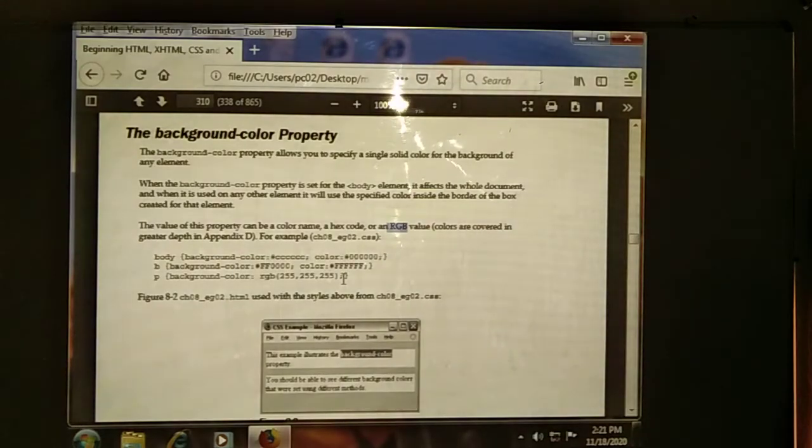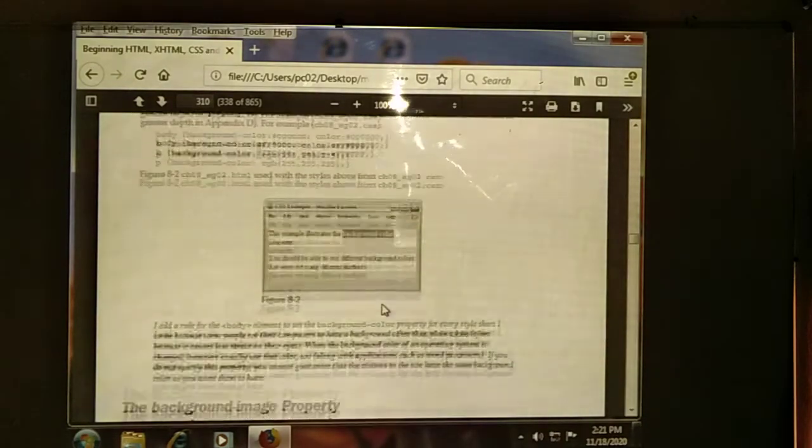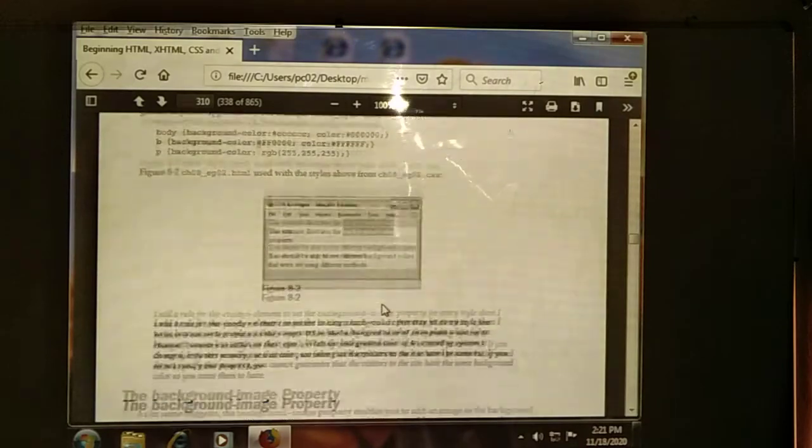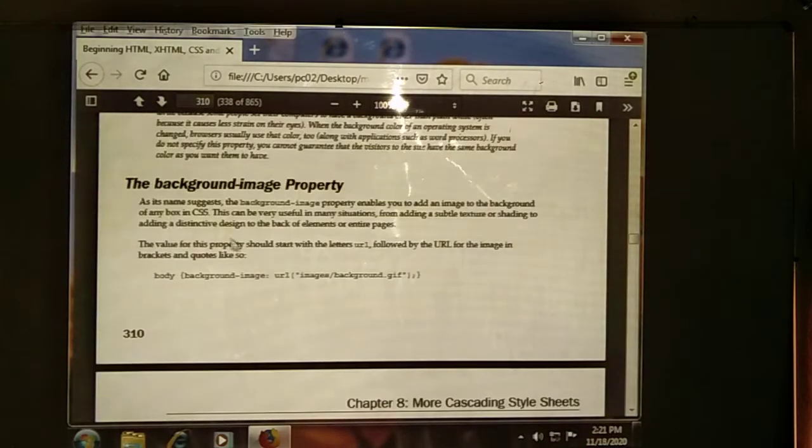If we are using RGB values, how to write? RGB is a keyword we need to use, then use the color values here. Each and every color is separated by commas. Then if you are using hexadecimal values, we need to start the value with a hash symbol. This is the way of declaring the background color property. Suppose we are getting bored with colors, we can apply images also.